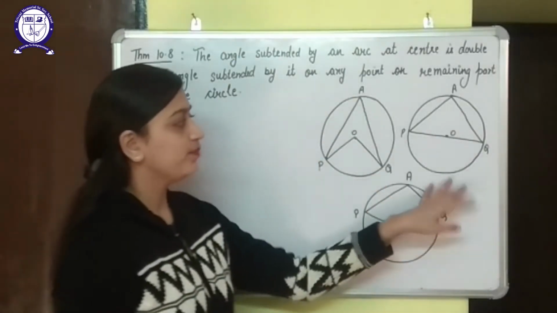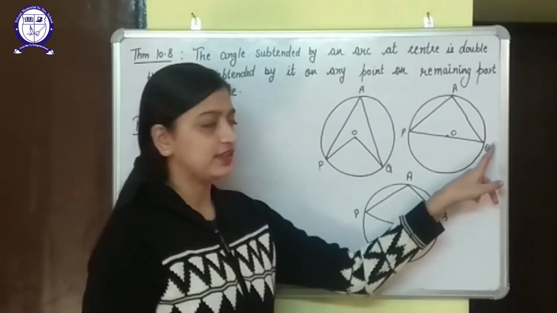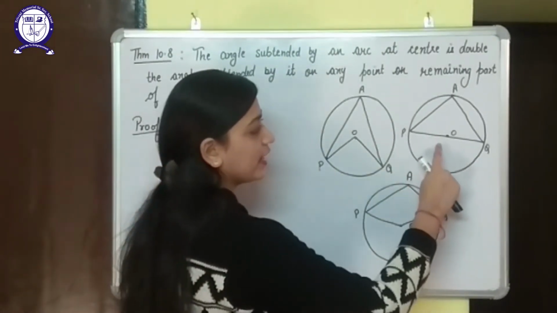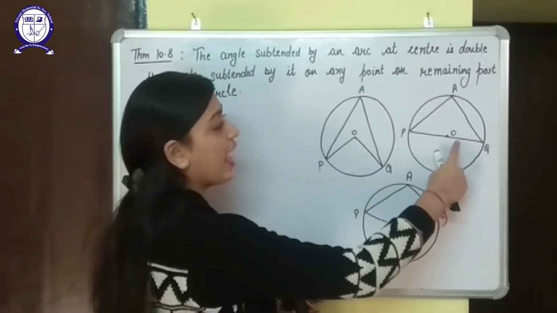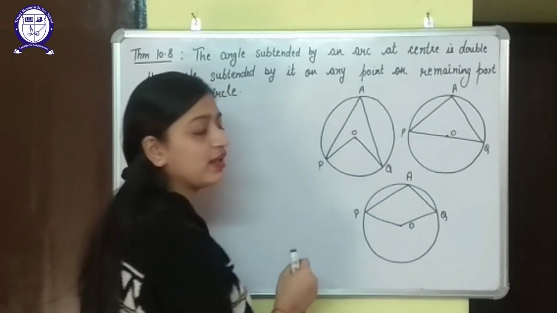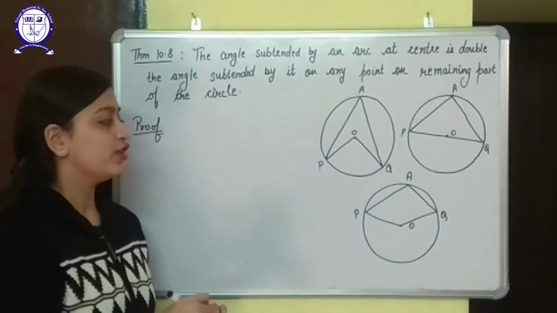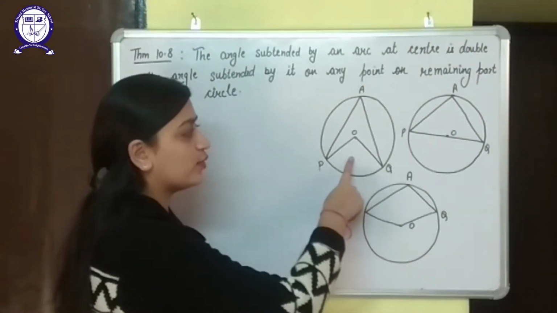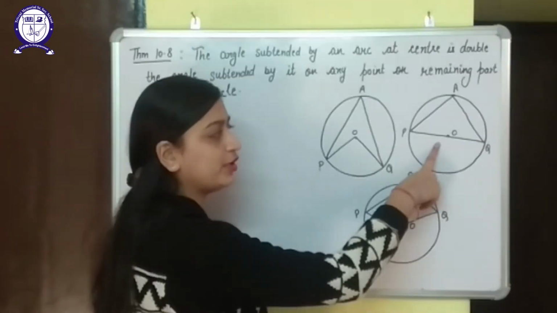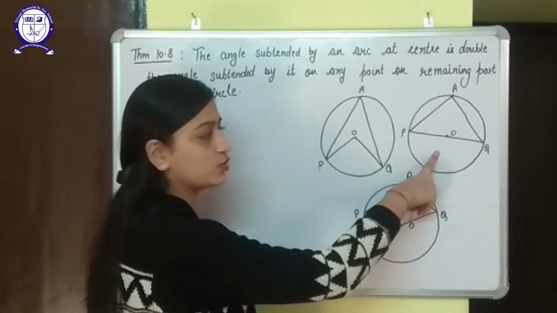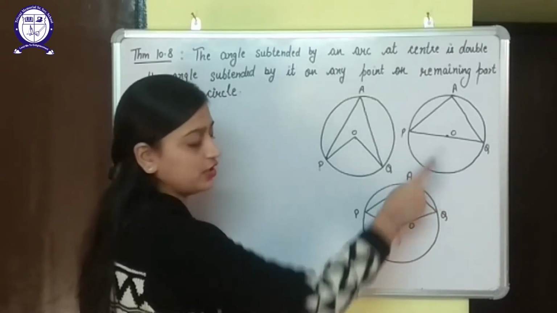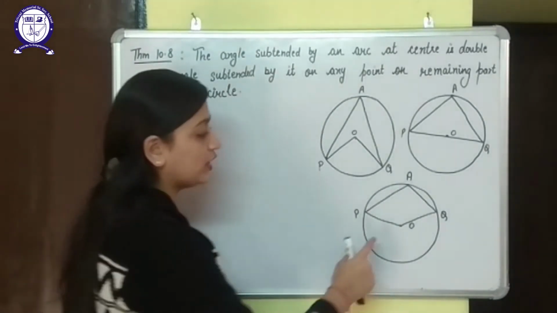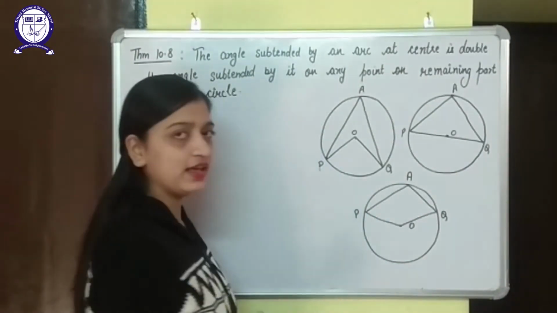Similarly, in this figure, if the arc is something like this, that is you can say a semicircle, then this is the angle POQ, that is with the center, and PAQ is the angle with the remaining part of the circle. Now similarly, the angle can be more than 180 degrees also. This angle was less than 180. This angle POQ was equal to 180 because this was a straight line, that is the diameter. Now the angle POQ can also be greater than 180. So in that case, the figure will be something like this.